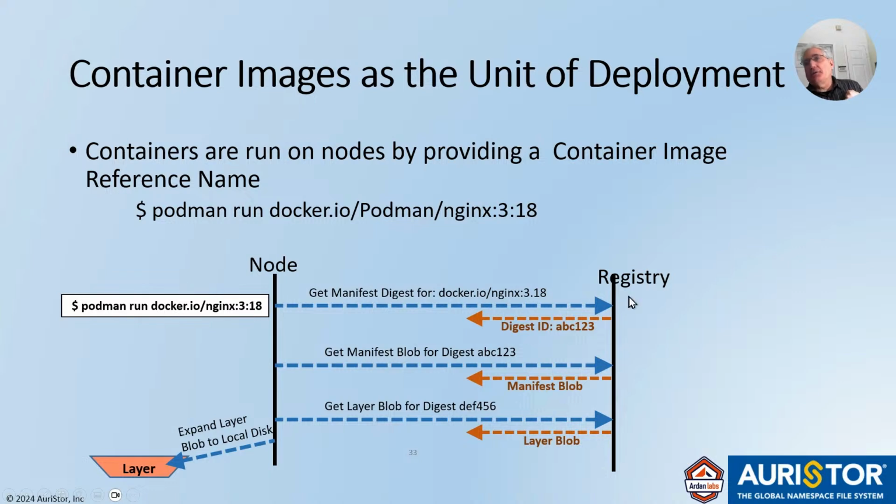So when you first give it the name, you don't actually get the manifest. You get a digest, and then your container runtime has to go again, hey, here's the digest, give me back the manifest. Then it looks at the manifest and sees the list of the files and the digest of all the layers. And for each layer, it says, hey, give me this layer. It gives back a blob as a tar.gz file, and it extends it to local disk.